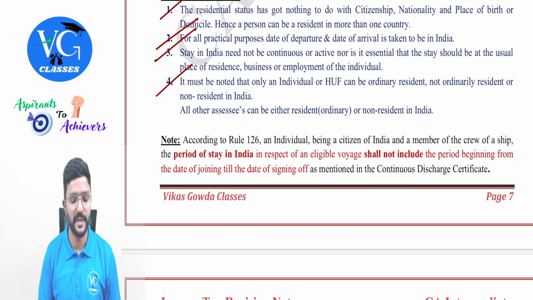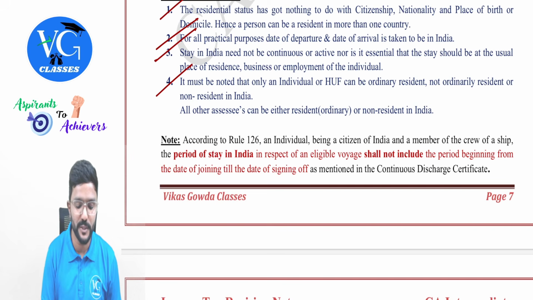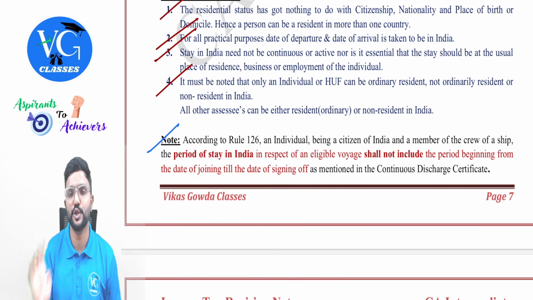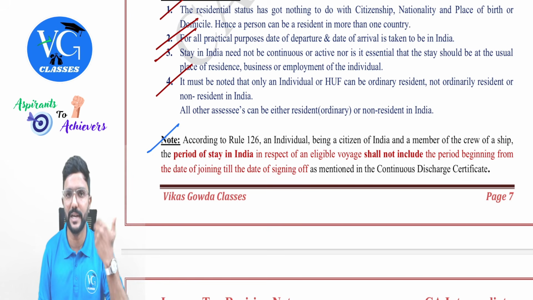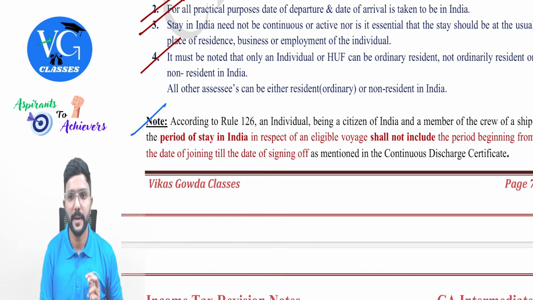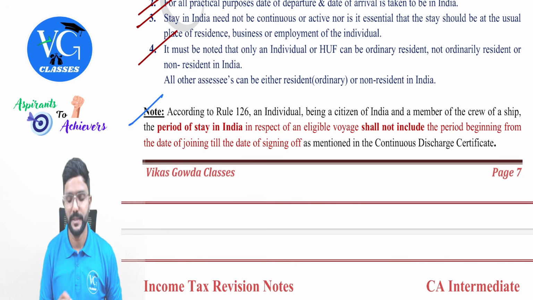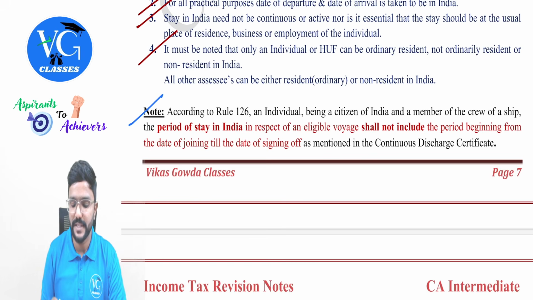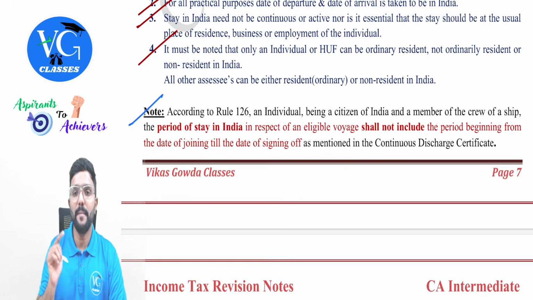Got it? Yes, sir. Then we have one last point with respect to an individual. This is with respect to an individual only. Yes, this is the rule. That's why I'm covering it last. What is this rule telling? We will see. According to Rule 126, an individual being a citizen of India and a member of the crew of